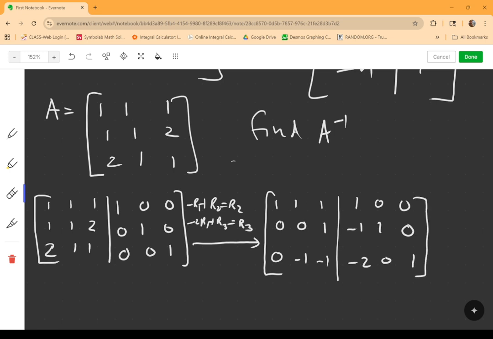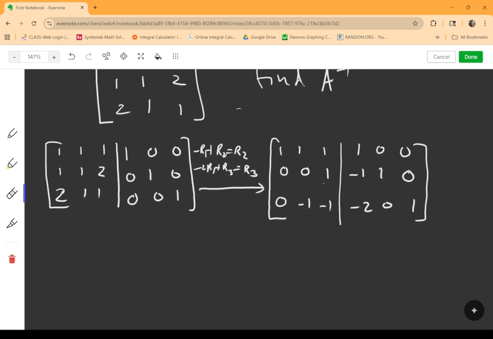Now, if I look at that second row, it looks like the last row of my reduced row echelon form. To simplify my calculations and not have to double back and add a negative 1 back into that middle term, the most straightforward thing to do is to swap row 2 and row 3. That leaves me in a much better position, I think. So my second row is now